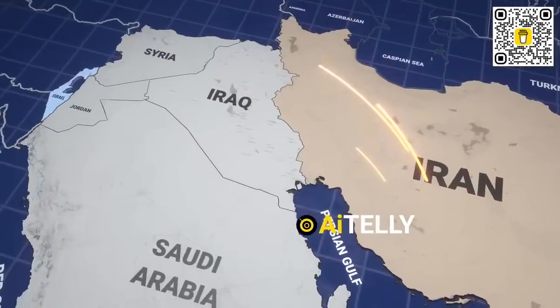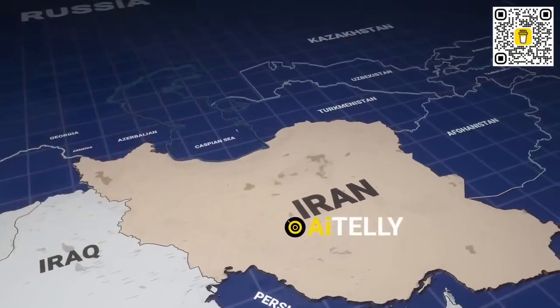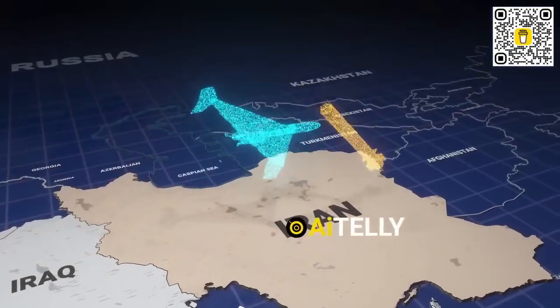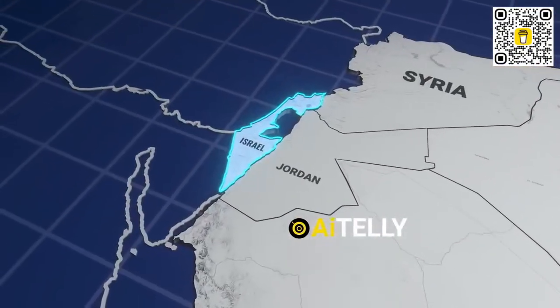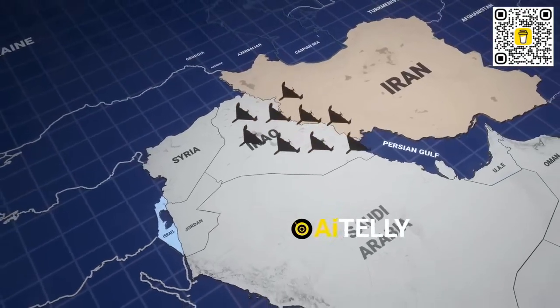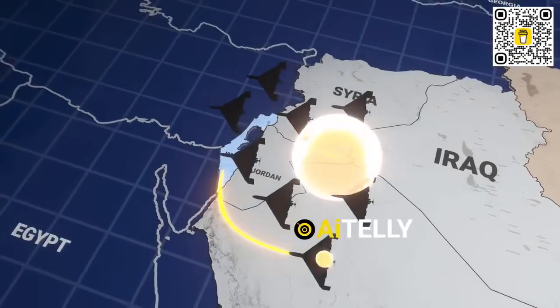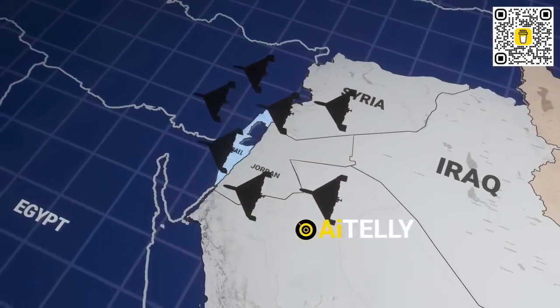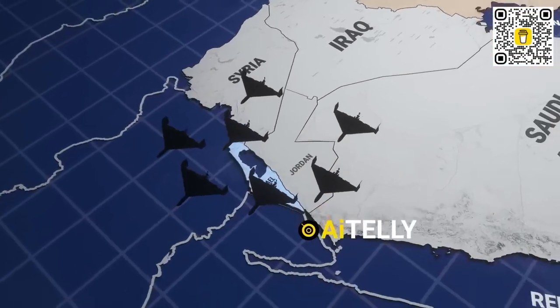Unlike previous missile attacks, the strikes in June 2025 made extensive use of drones alongside ballistic missiles to overload and complicate the work of Israel's air defense. During the initial retaliatory strike, more than 100 Shahed drones were launched. Some of them were intercepted over the airspace of both Jordan and Saudi Arabia, indicating a more complex multi-domain attack